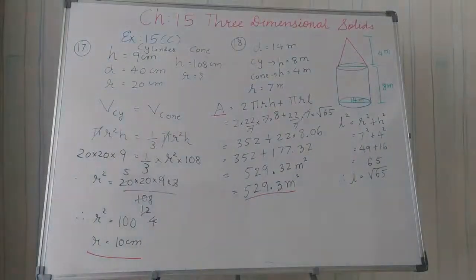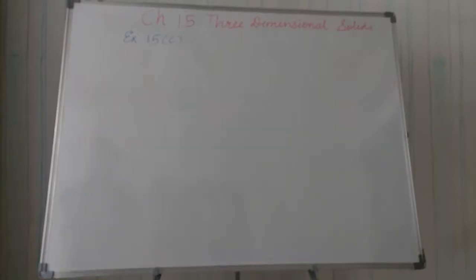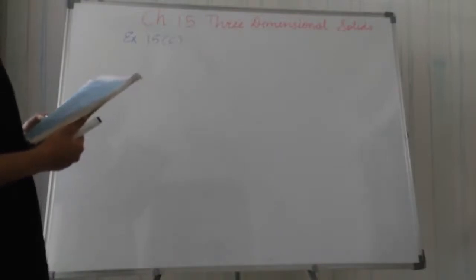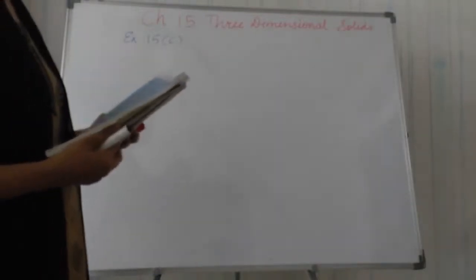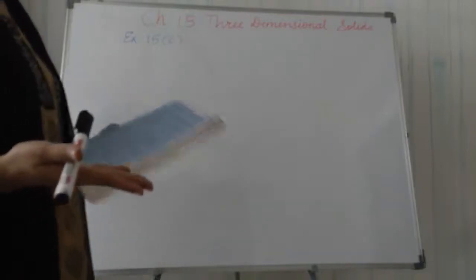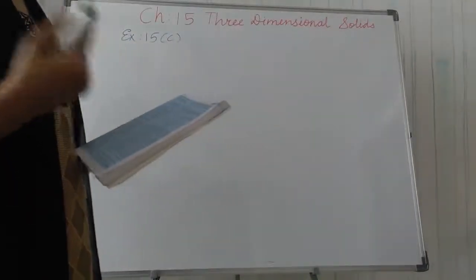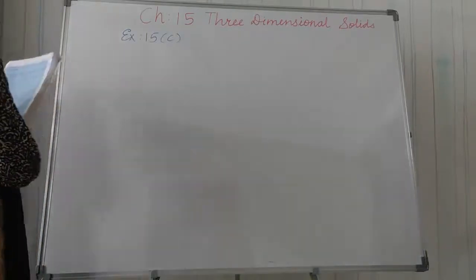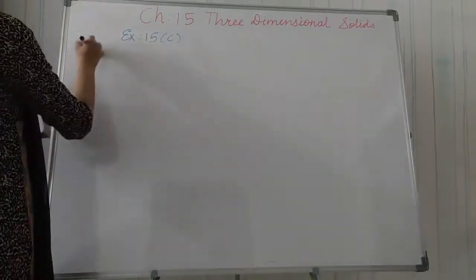So students, this time you have to understand by drawing the figure and solving. Now solving question number 19. Question 19: a circus stand is cylindrical to a height of 3 meter and conical above it. It means this is the same type of question. Students, we have solved 18 number, so I think 19 is homework you can do by yourself. So question number 20 I am taking now.